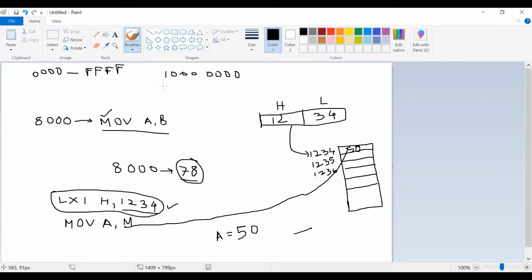And 81 is 1 0 0 0 and 1 represents 0 0 0 1.